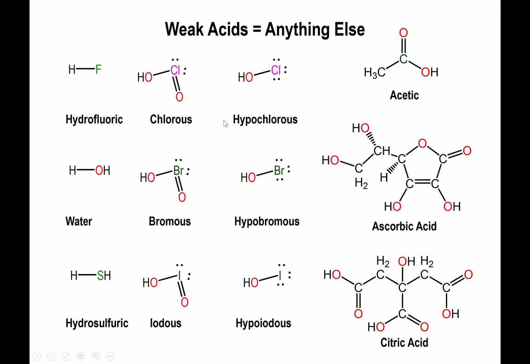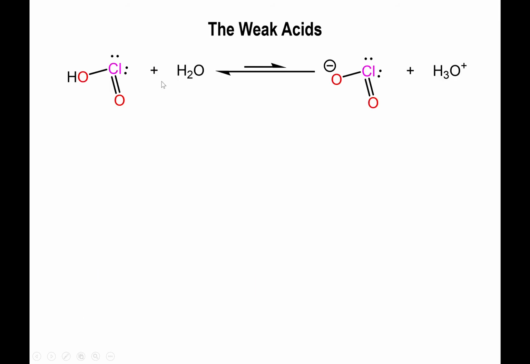All right, so anything else that's a weak acid, which is not in the list of the 11 that are considered strong, will be considered a weak acid. And the idea with weak acids is that unlike the strong acids, they will only partly dissociate into ions. So you will form some hydronium and you will form some, in this case, chloride,